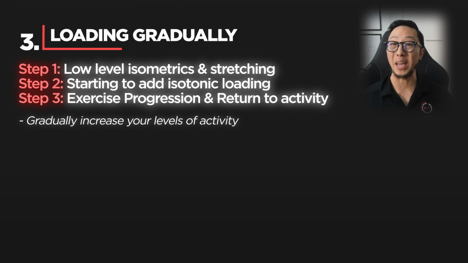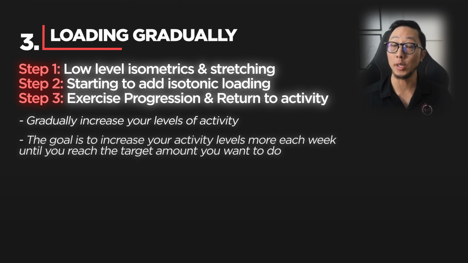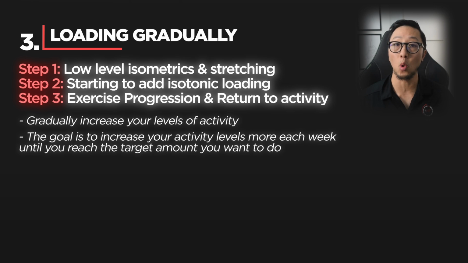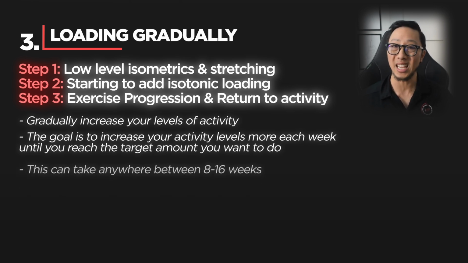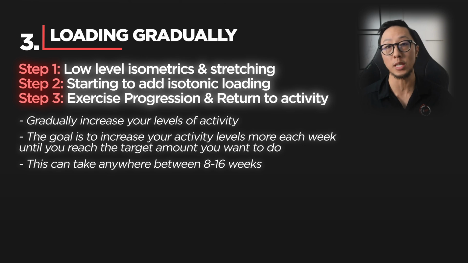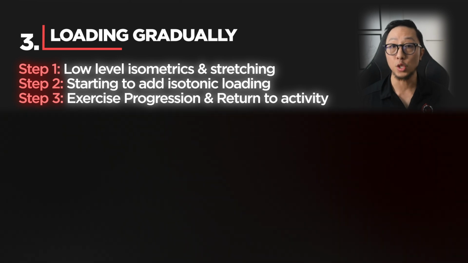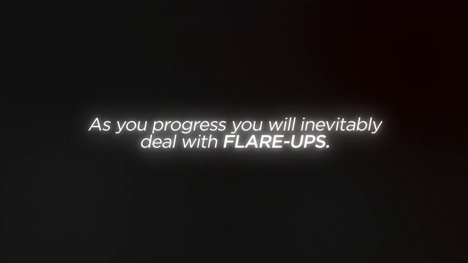Once you've built a base level of endurance, you can gradually increase your levels of activity. The goal is to increase your activity levels more each week until you reach the target amount you want to do. And this can take anywhere between 8 to 16 weeks, depending on your starting conditioning point and how you handle your flare-ups. As you progress, you will inevitably deal with flare-ups, which is step number 4, manage your flare-ups